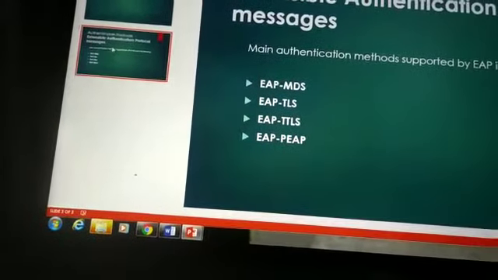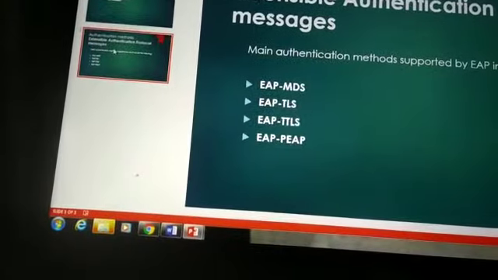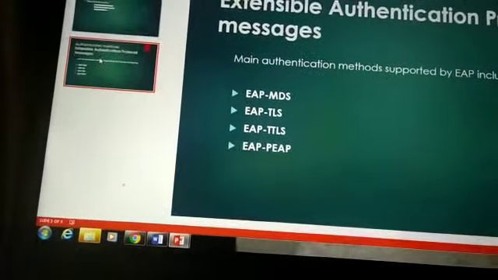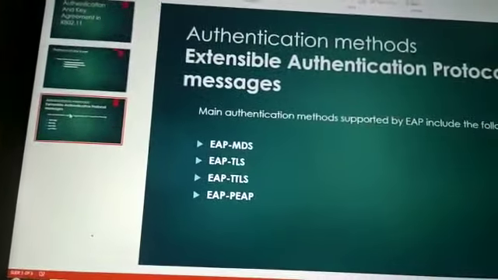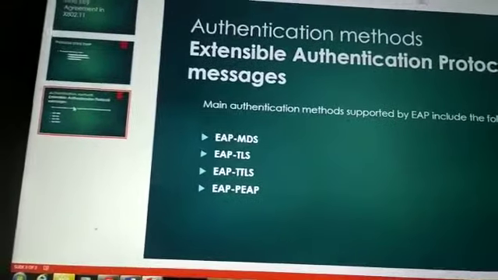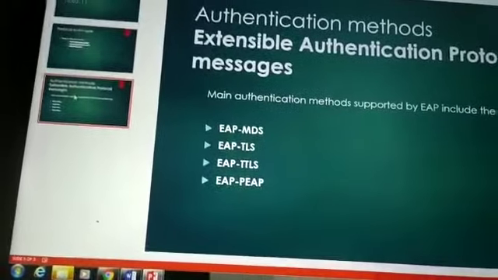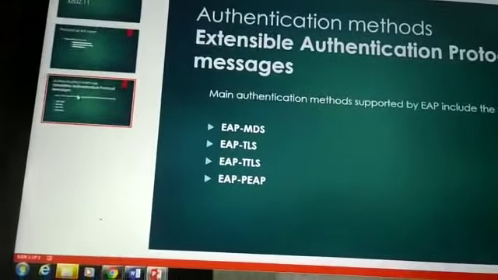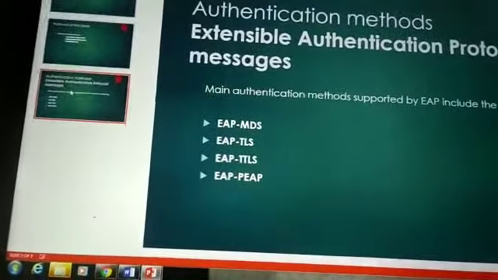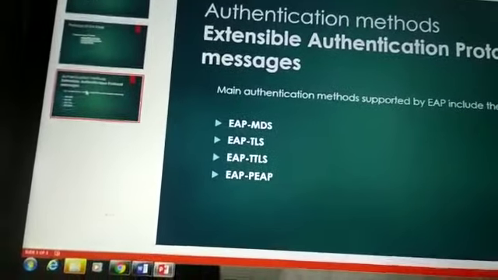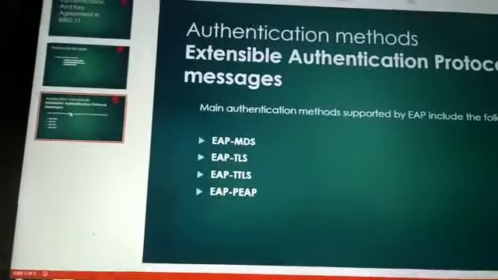Now, one more drawback which I didn't tell you for MD5 is, you have seen the communication and authentication happening between the station and the authentication server, but nowhere does the access point come into the picture. So there is no way of authenticating the station to the access point or the access point to the station. Okay, so there is no authentication which involves the access point. So in the second one, we overcome that main drawback.